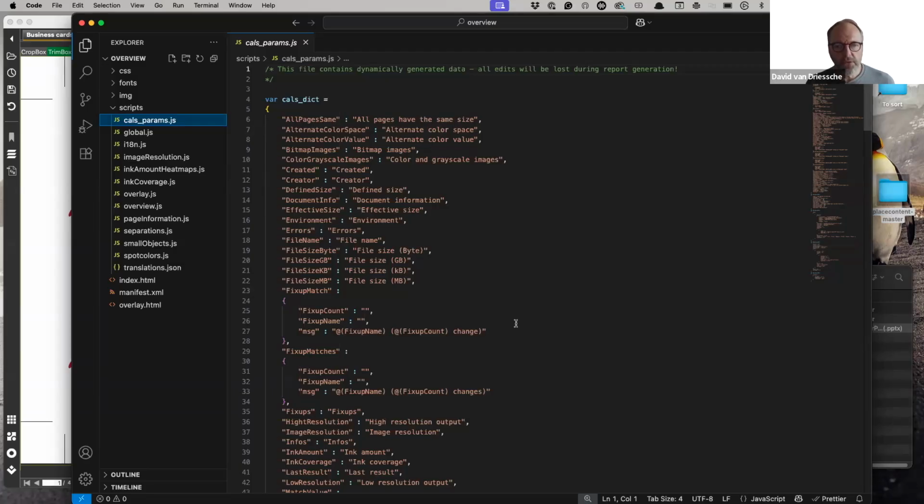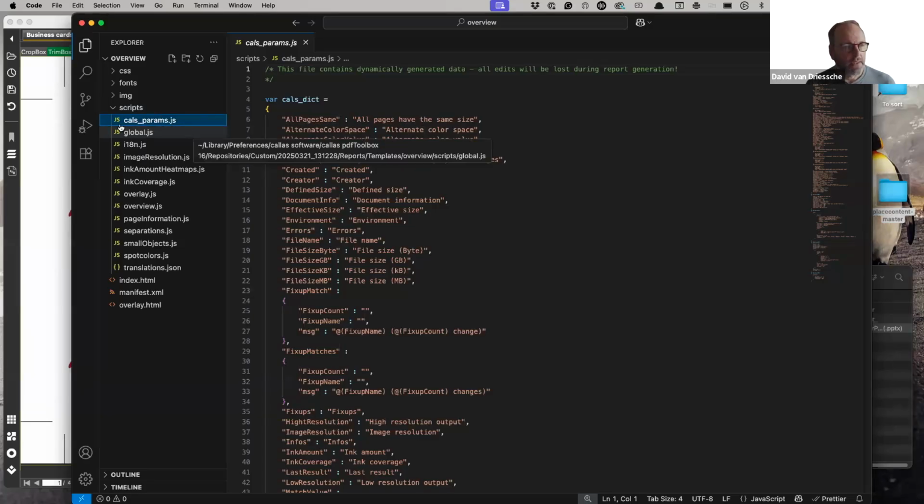Well, every time I do Preflight, this subfolder, if it doesn't exist in my template, is going to be created by pdfToolbox. So pdfToolbox is automatically going to create a subfolder called scripts in my template. Well, strictly speaking, it is first going to copy my template into a temporary location, and then it is going to create the scripts subfolder if it doesn't exist. And then it is going to overwrite the file that is called